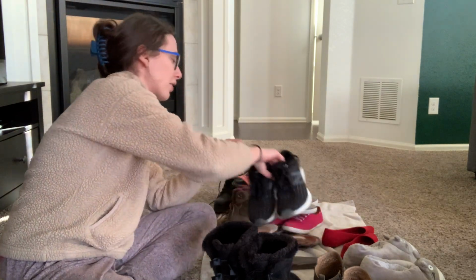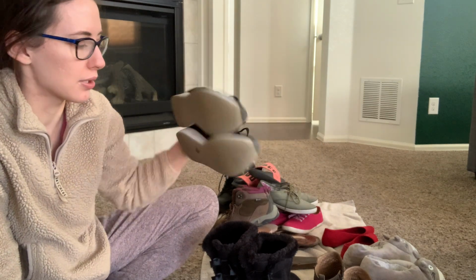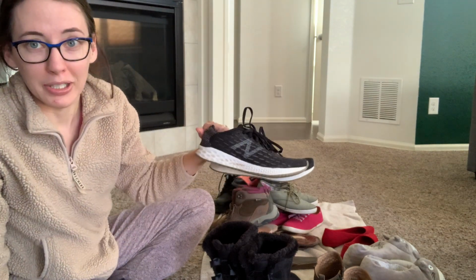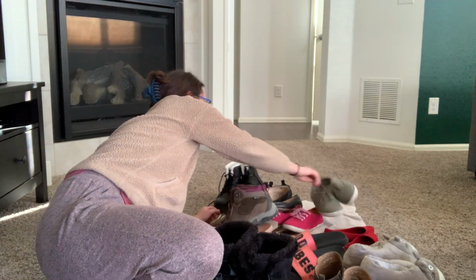But going on to another pair that I'm definitely keeping are my New Balances. I wear these almost every day at the gym. These are my only sneaker. Actually, that's not true, but these are my only preferred sneaker, so these are a definite keep. Going on to a sneaker that I don't prefer,